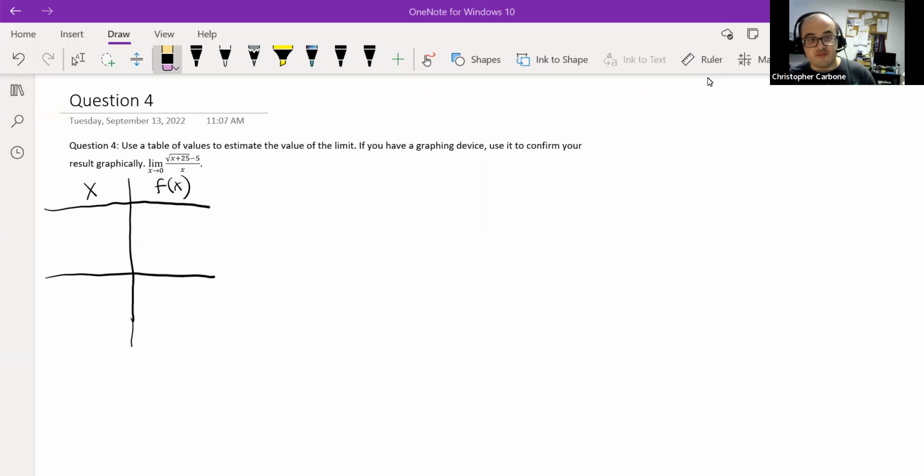This is question number 4 for calculus review. We want to use a table of values to estimate the value of the limit, and if you have a graphing device, use it to confirm your result graphically. This is the limit as x approaches 0 of the square root of x plus 25 minus 5, all divided by x. So the values that we are going to use for this,